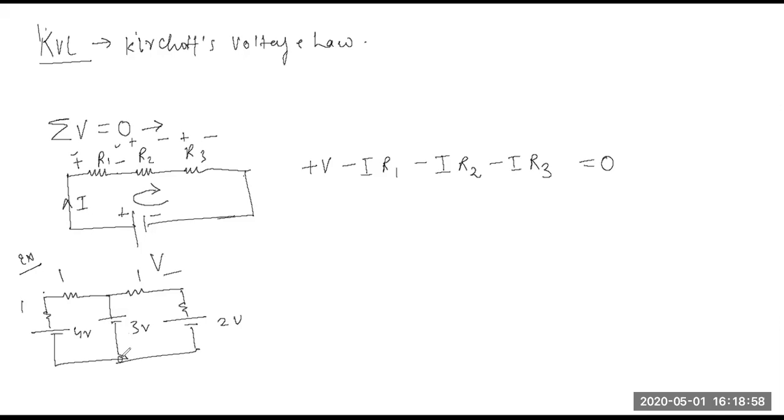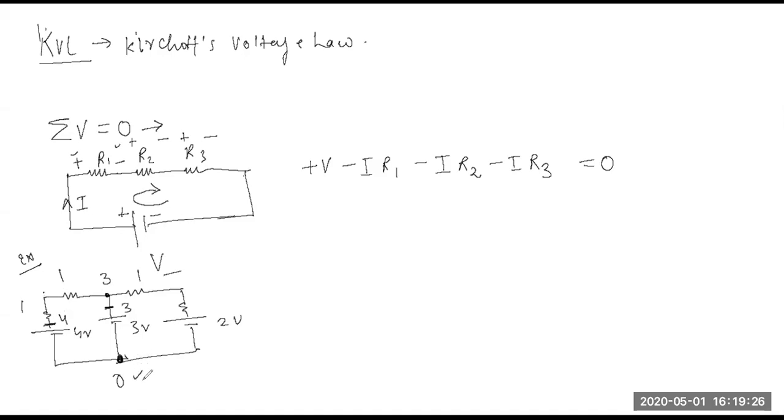What will be the potential here, beta? What can I take here? Can somebody tell me what potential I can take here? 0. That is the base potential I am considering. Now, if this is 0, potential here will be 3. Here, if it's 3, here it will also be 3. Similarly, if here is 0, here it will be 4. I cannot predict what potential here could be, right? Because there is a resistance in between.